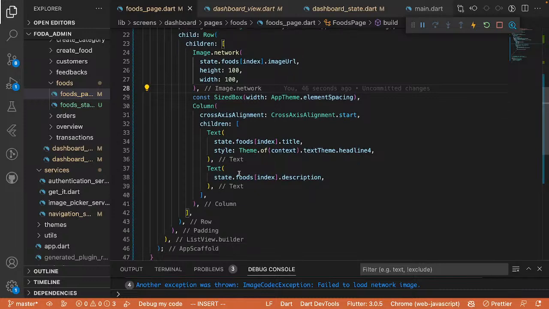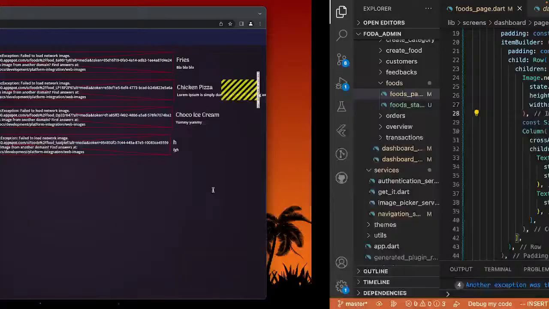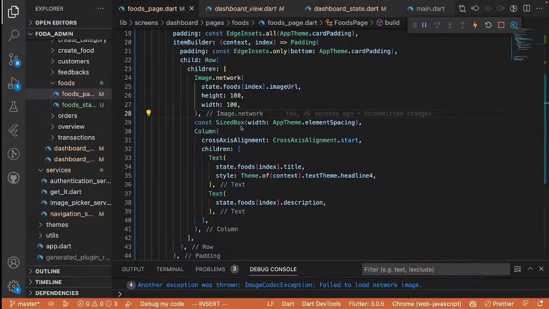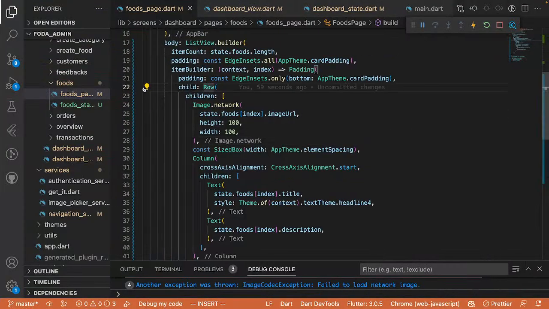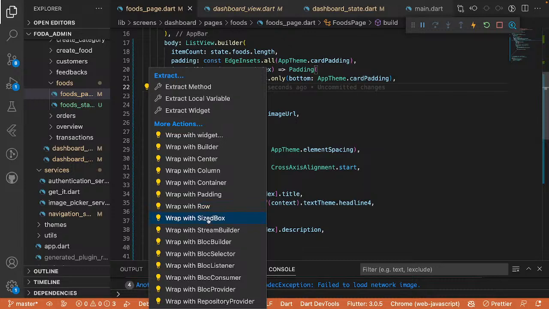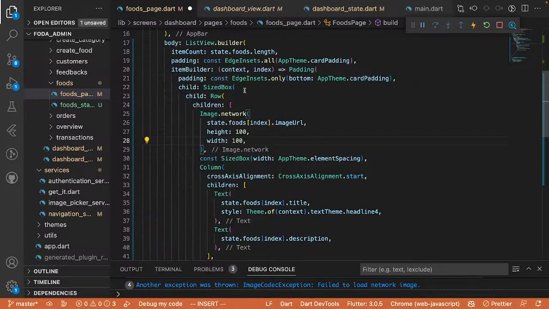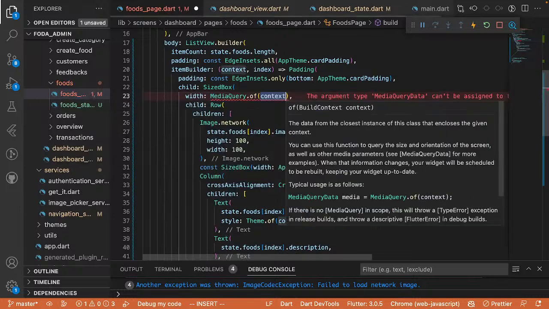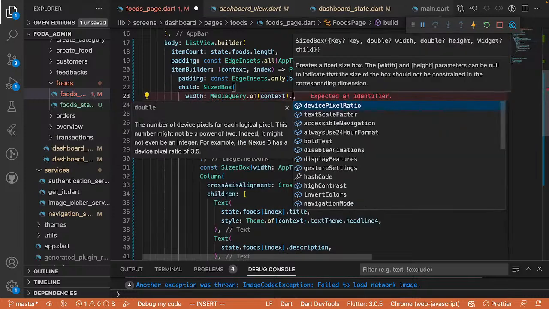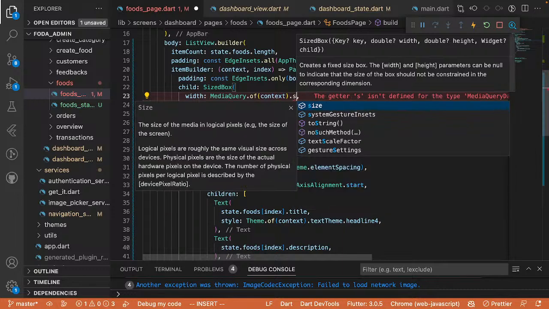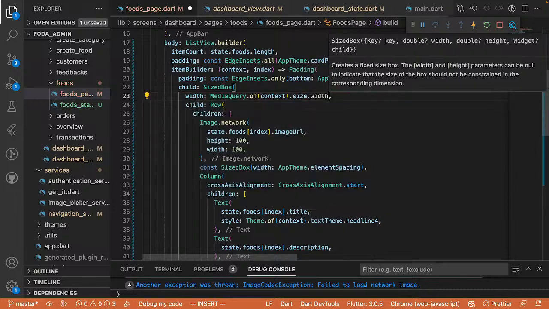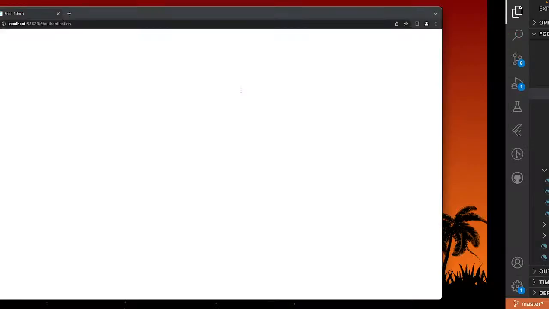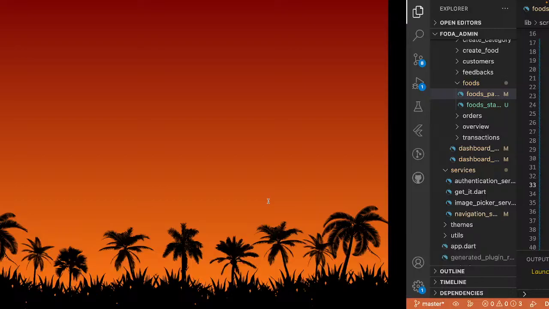What else do we need to, let's fix this constraint first. We need a total width for this, so we need the size box. So we just do width, and we use media query to get the width of the screen, the available width of the screen, and we call size, and we just want 5% of that. So